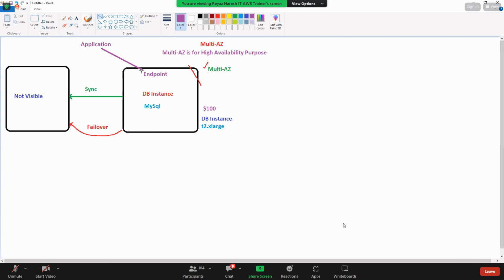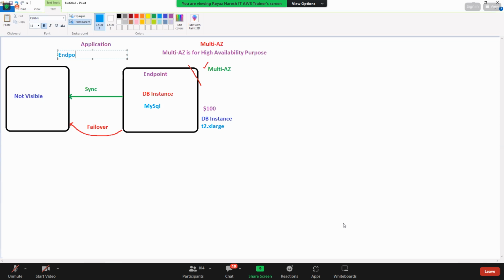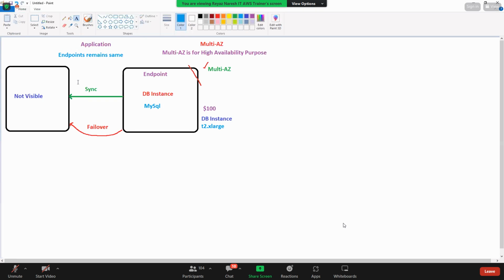Now the failover happens, and the application will be connected to this one. Should the endpoint change or stay the same? Whenever you do the failover, the endpoint doesn't change, meaning the endpoint remains the same. You got it? This is called multi-AZ.